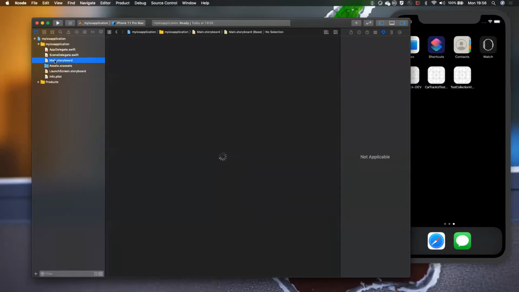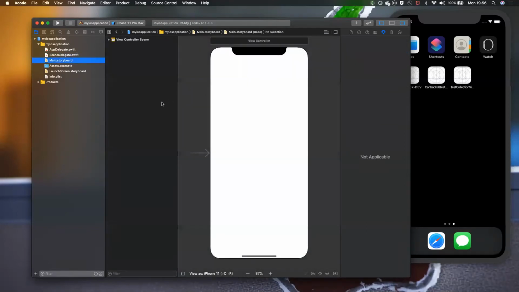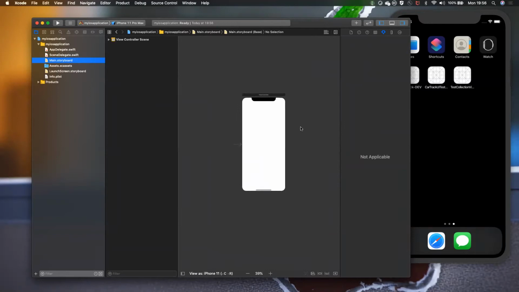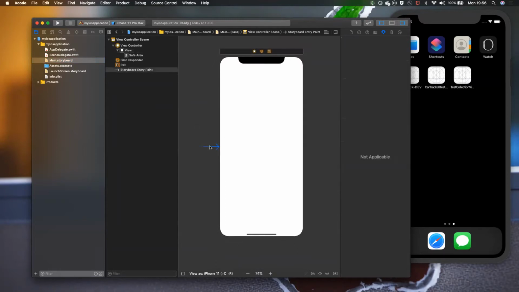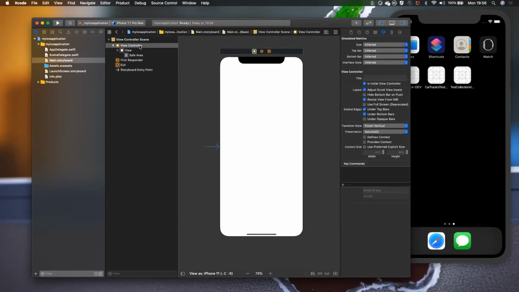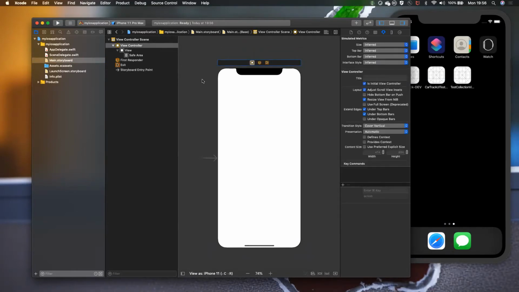And this will be the storyboard. If you remember, while creating a project, we decided to go with a storyboard implementation. In this, you will be seeing multiple screens. So this will be the launch screen. So you can see left arrow. So this means that this is the initial view. Whenever you open the application, this screen will be visible first. And this is called a view controller. So in simple terms, it will be called a screen, but in iOS technology, it is called as view controller.